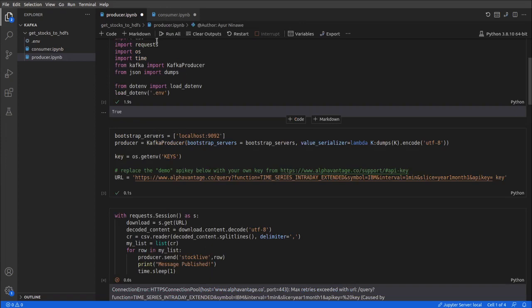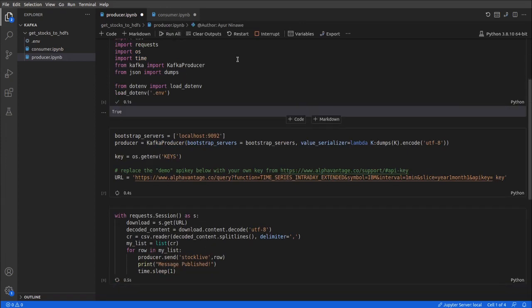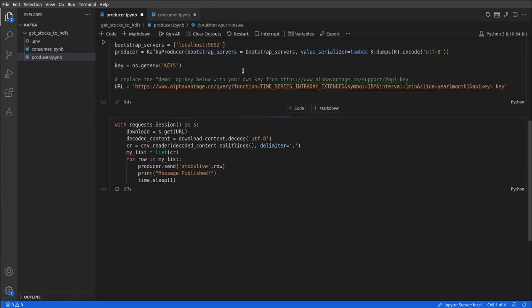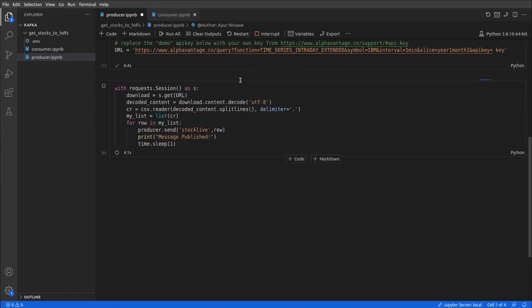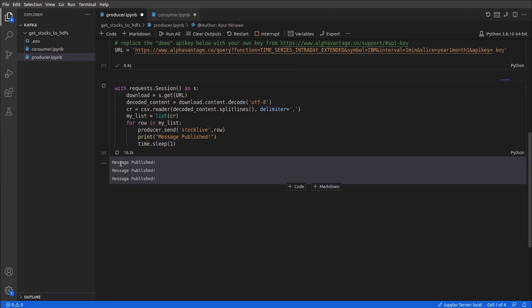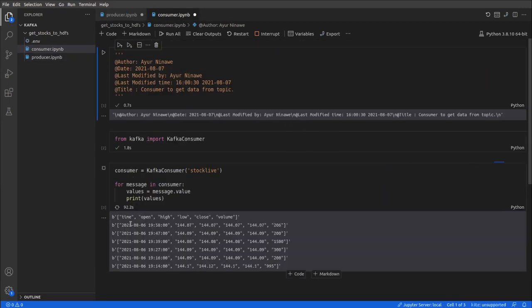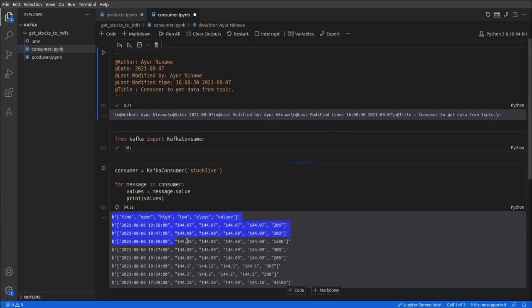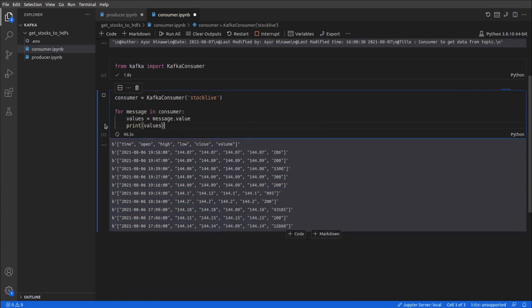My internet connection was off, that's why it was giving me this error. So now let's run it again. Now as you can see, it is saying message published, and our messages are getting published over here in the consumer.